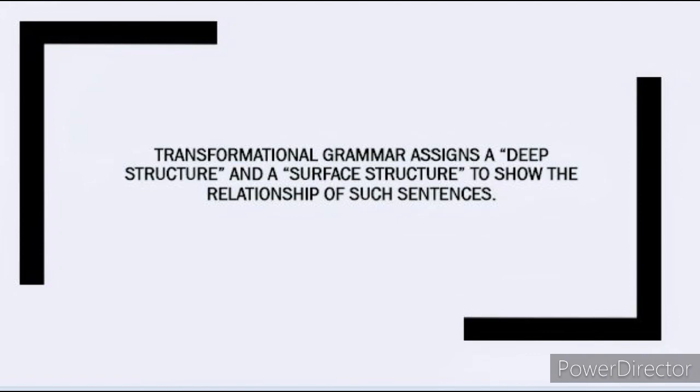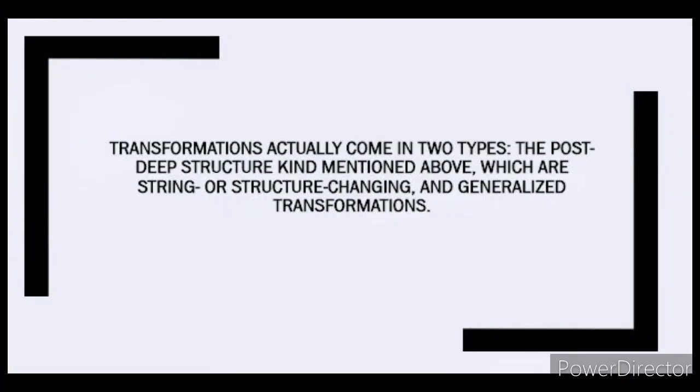For example, transformational grammar relates the active sentence, like number 1, John read the book, with its corresponding passive, the book was read by John. Another one is the statement George saw Mary, which is related to the corresponding questions whom did George see and who saw Mary. Although these active and passive sentences appear to be very different on the surface,